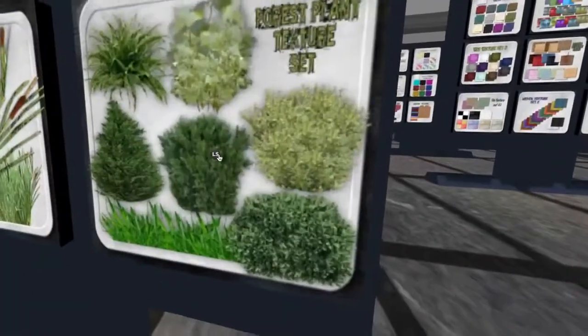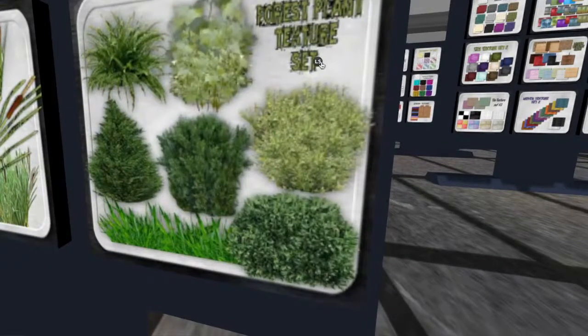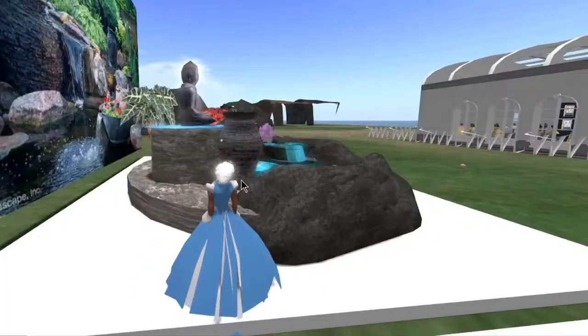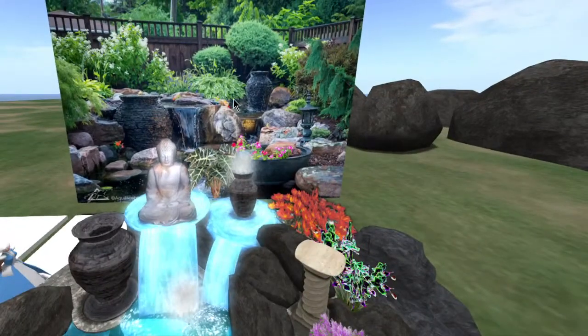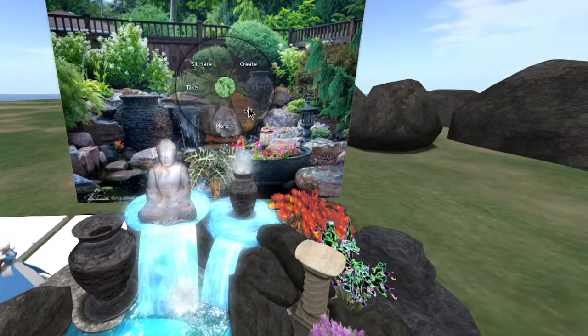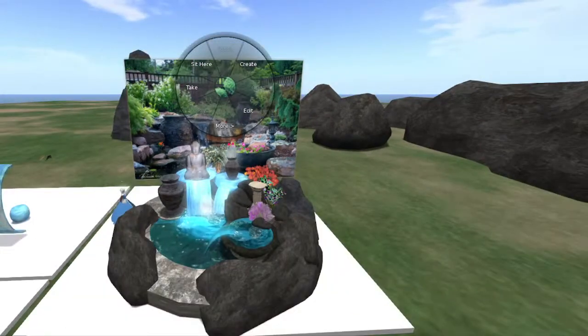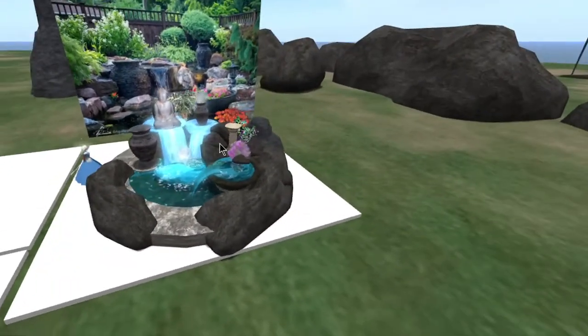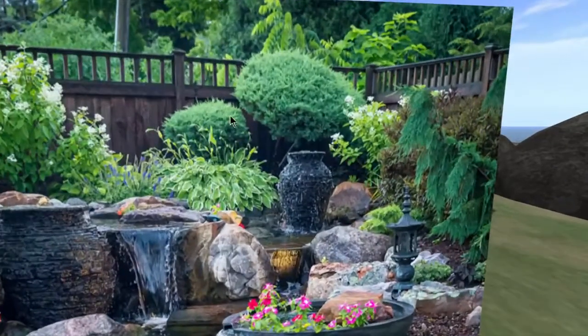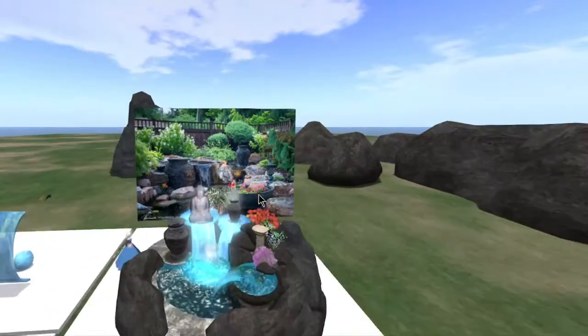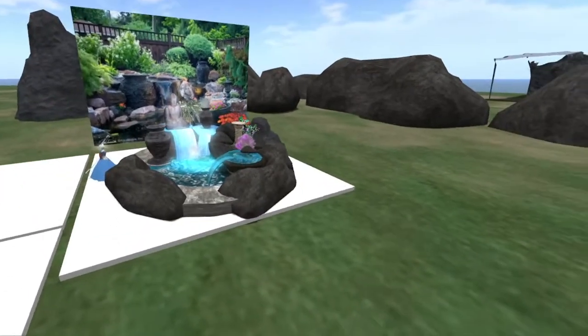I have this one here, which is the forest plants set, and the reason I need that is because I'm building this garden, which I got a picture of off the internet, and I'm adapting it according to my skills and abilities in terms of building. So the forest set I will need because I've got these trees at the back that I need to fill in the background, and possibly I may do that fence as well. But so far I've come up with this. It's not finished,